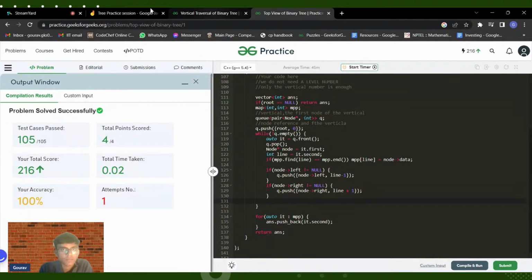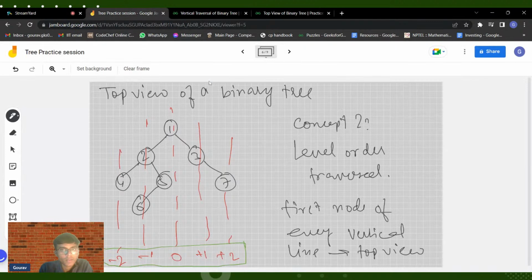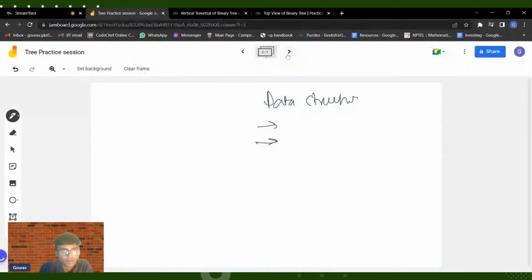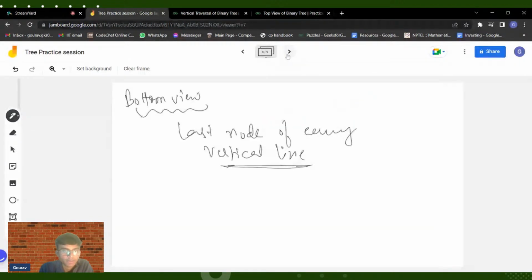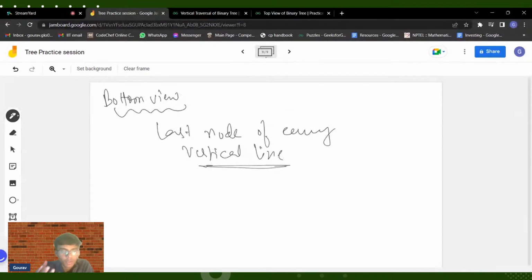There is also another similar concept called the bottom view of a binary tree. How do we do it? In the top view, we were only interested in the first node that we put inside our map. Now we are only interested in the very last. So we will keep on putting into the map one over another. Let's say I pushed into a map, but again we encounter a new value, so we replace the previous one. At the end, when the while loop gets over and the iteration is done, the value remaining in my map is basically the very last value. So this is again a very similar concept.